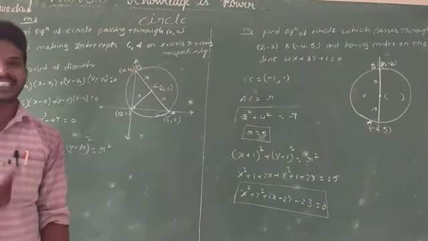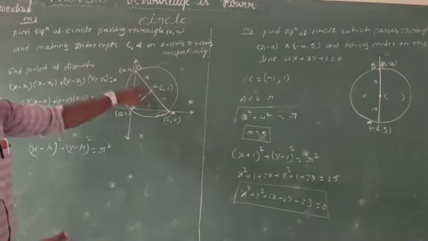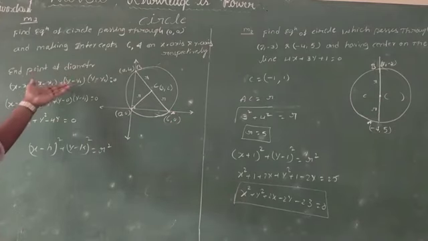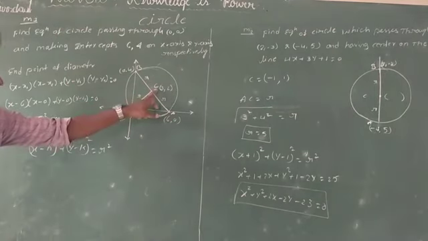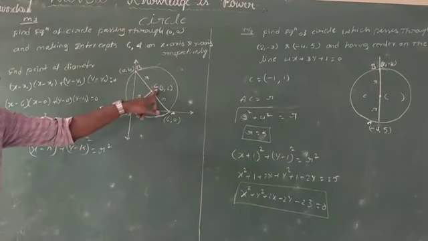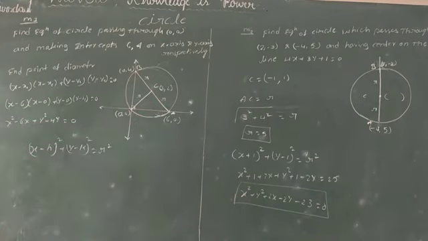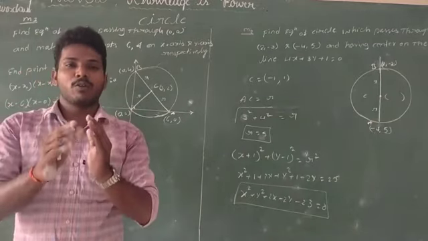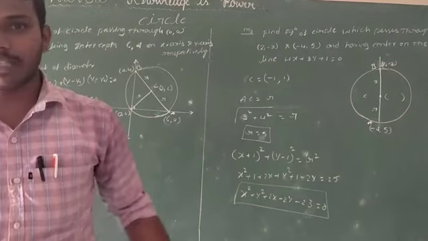Right? So there are many ways we approach finding the equation of the circle. One of the best ways is when A and B are the diameter of the circle. Then with the diameter's end points, we can easily reach the answer within 2 or 3 steps. Otherwise, we find the midpoint of the diameter points, which is the center. We need to find the center and the radius of the circle, then apply the standard form of the circle. So for any type of question, first you have to draw the figure. That will give you some idea. Okay, have a look.